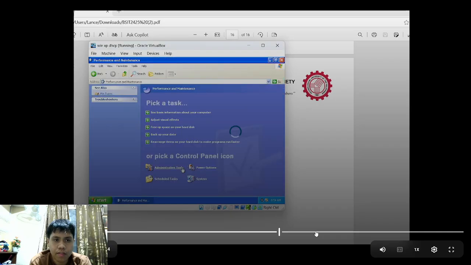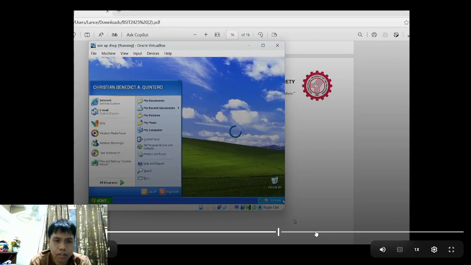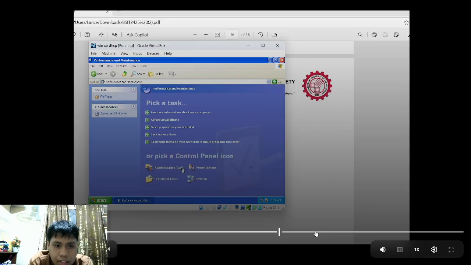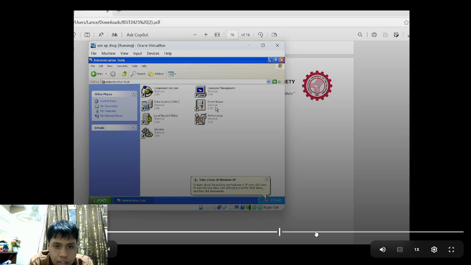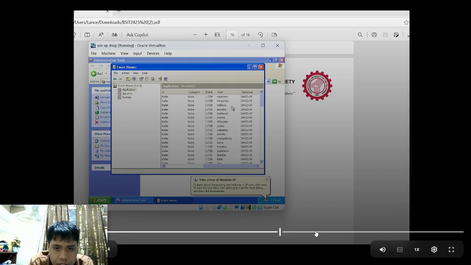Now in the Windows 7, after I pick control panel, here administrative tools, event viewer, applications. Here all the users, you can see that login here, and it's all the same password, student1234, because of the PowerShell.